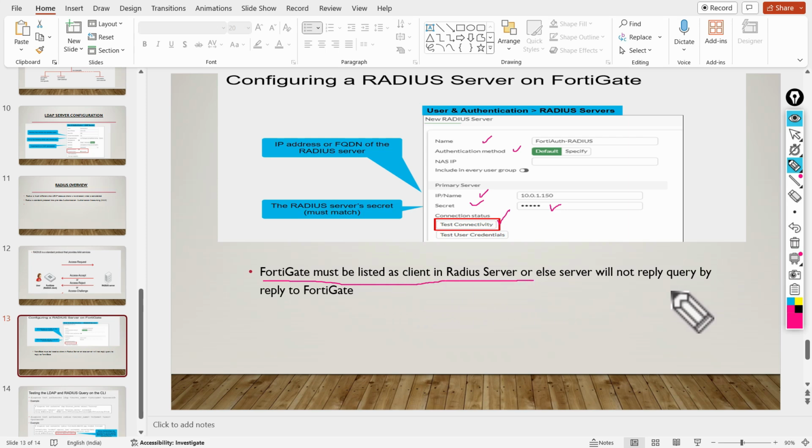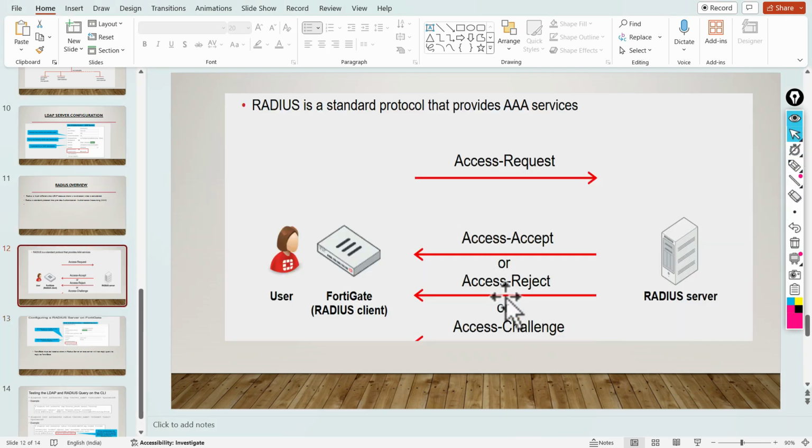Otherwise the server will not reply to queries from FortiGate. So from the RADIUS server side, the FortiGate must be configured as a client in order to get the accept or reject message reply.